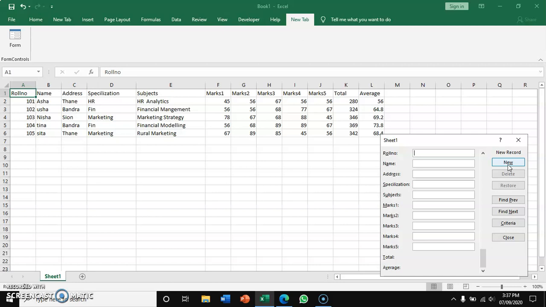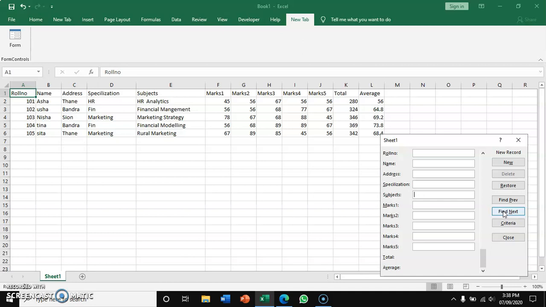Now suppose you have entered too many records and you want to find a particular record. Let us say I want to find the subjects which begin with HR and there is some name, so say HR asterisk. Now let us search.